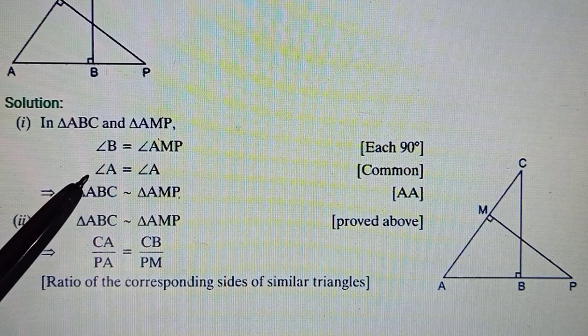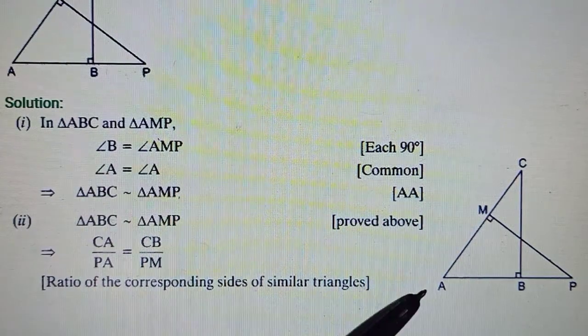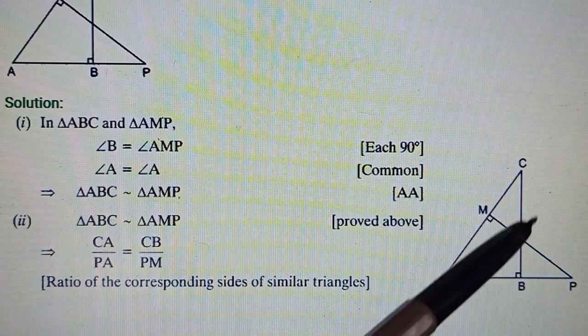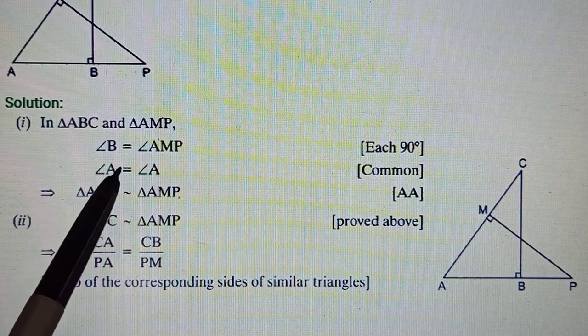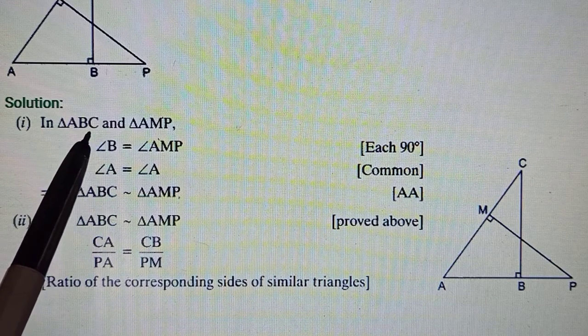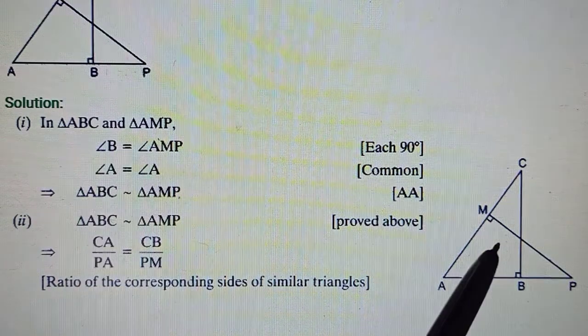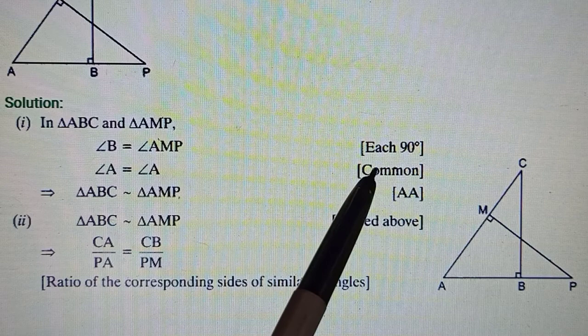So for that, what we would say is that for the first triangle ABC, we'll call it angle ABC. Okay, so angle ABC, yahin se name karo aap, angle ABC, they've written just B here, better name it as angle ABC is equal to angle AMP. Reason: 90 degree each. We can see that clearly.